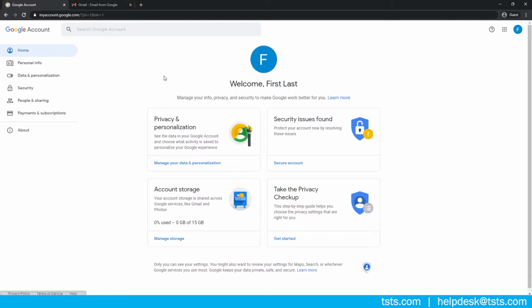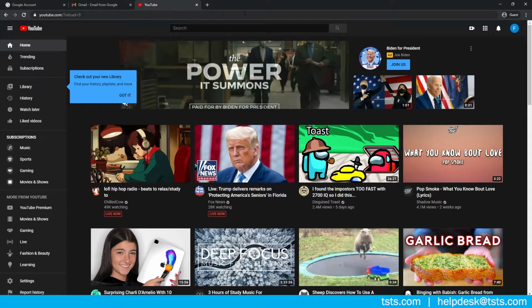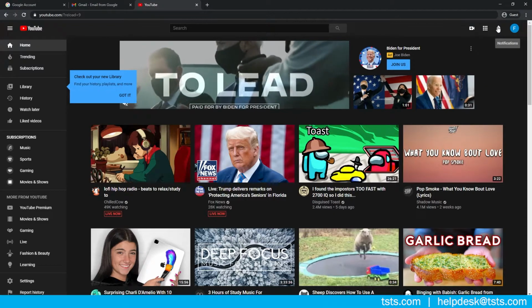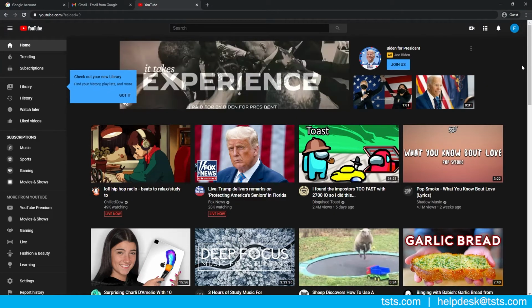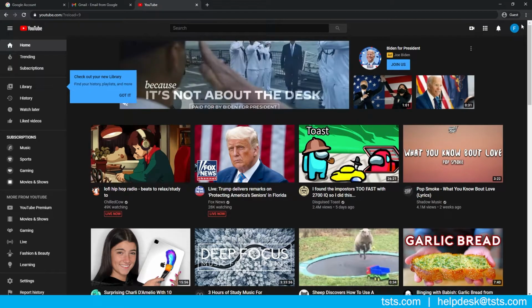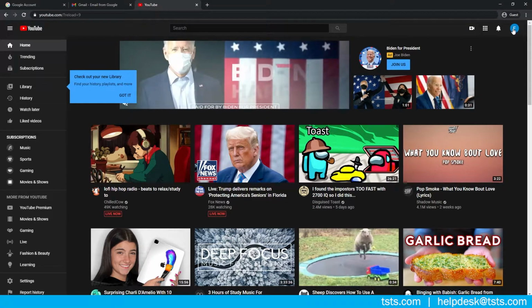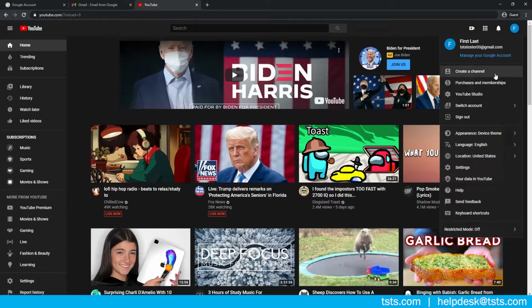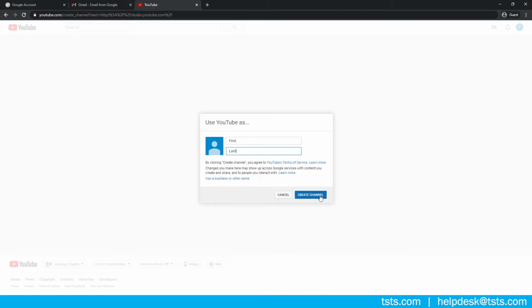Now we are taken to our Google account page where you can customize your settings. We can actually just leave this and head straight to YouTube. Okay, let's navigate past these political ads and videos. Sheep on a trampoline. Stay focused. Top right corner, you will see a small circle profile icon. Let's go ahead and click that. And then go to YouTube Studio, basically our command center. And then we'll create our channel.